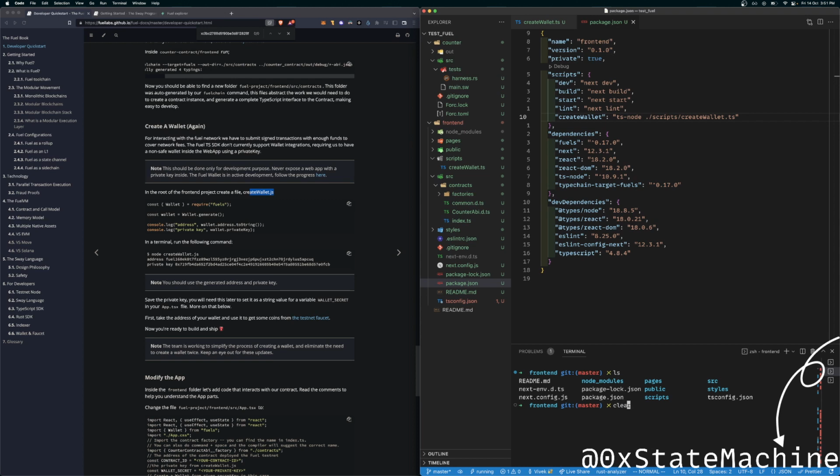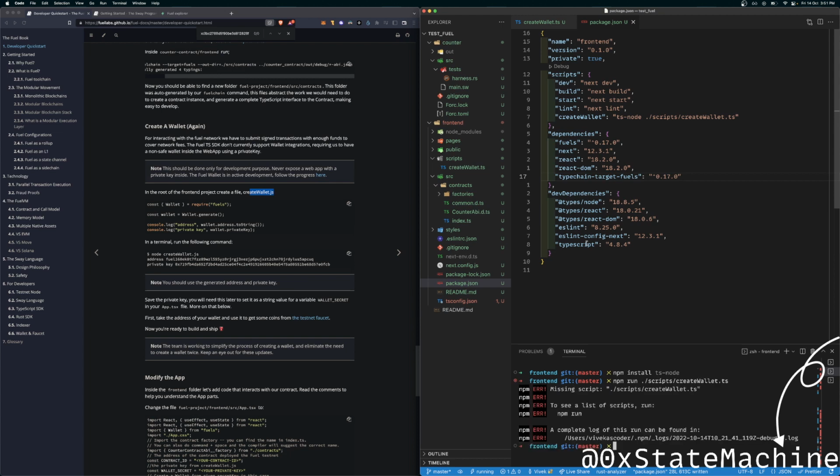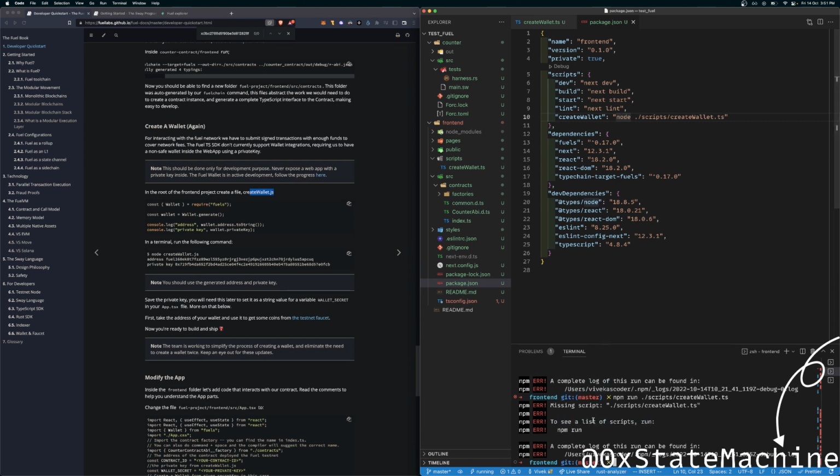God damn it, this is stupid. What am I missing? I can't run it with Node, right? It's a TypeScript project.